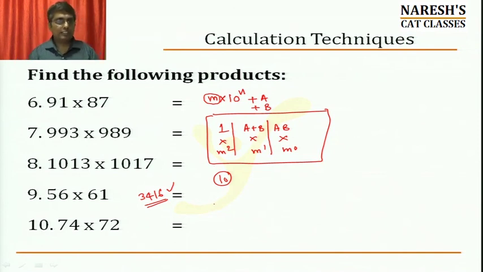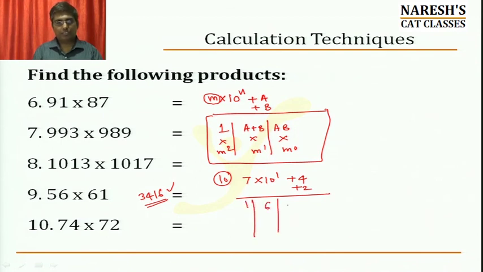Right. Look at this. Let us see what we have. Here the base will be 7 into 10 power of 1, plus 4, plus 2. 1, a plus b: 4 plus 2 is 6. 4 into 2 is 8. 8 into 7 power of 0, 1. 6 into 7 power of 1, 7. 1 into 7 square, 49. Hence the terms can be written as 49, 42 and 8.